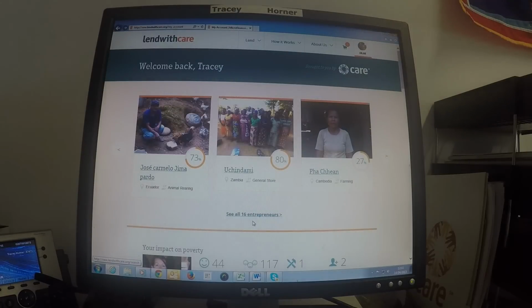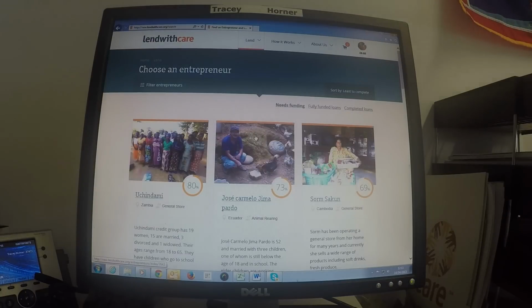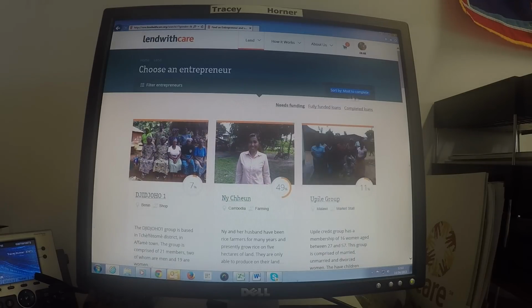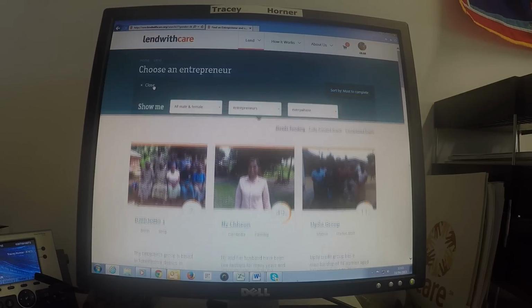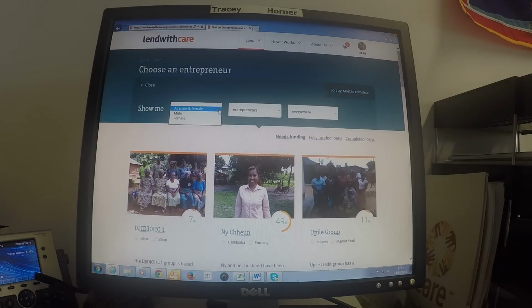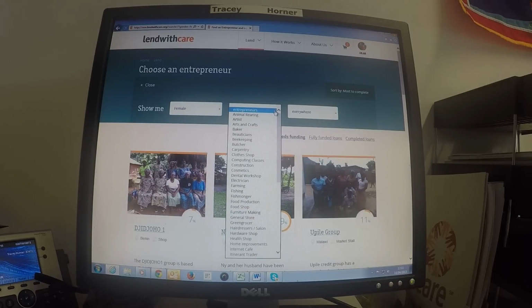So I'm going to take you through the process of making a loan. I'm going to click on View All 16 Entrepreneurs, and I'm going to sort them by the ones that need the most to complete their loans. I've also decided I want to lend to a farmer in Cambodia, so what I'm going to do is filter entrepreneurs, and I'm going to click female, and then where it says entrepreneurs it gives you the business types, so I'm going to click female farming